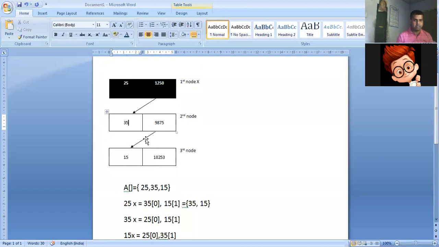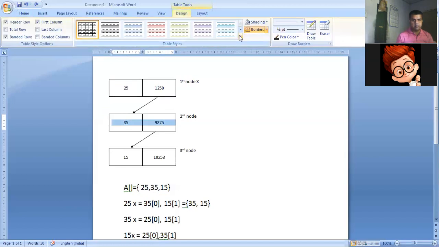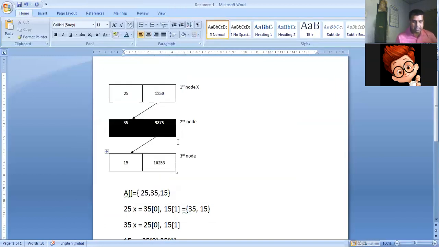Now the question comes, if I have to delete any node from the middle, that is, I am deleting the value 35. Okay, so let me just uncolor it. So this time I am deleting which one? 35 and 75.